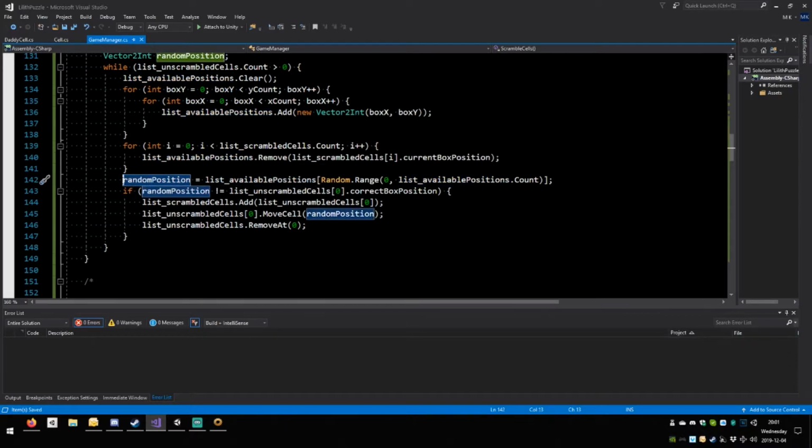Then we're gonna pick a random one of them, whichever, doesn't matter. Then, only if the random position is different from the correct position of the cell we're looking at, only if that's true, then we do this. If it's not true, we're gonna skip and gonna repeat the entire loop once more. Okay? So only if it's not true,